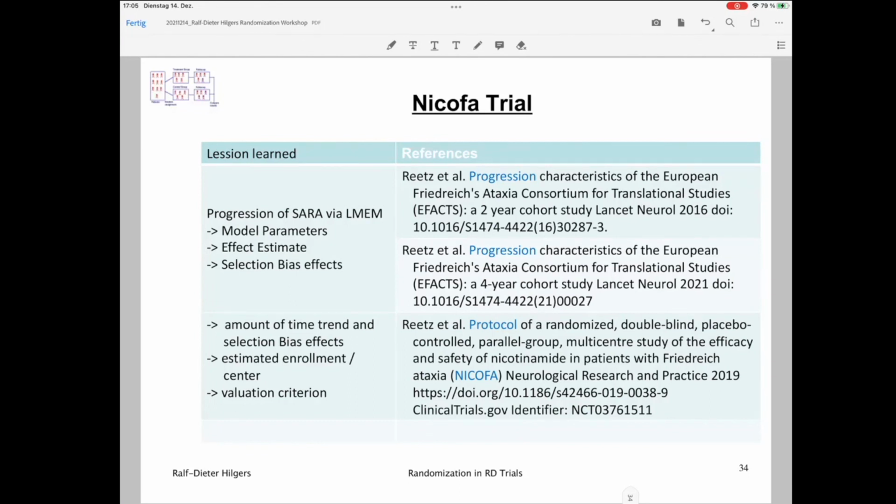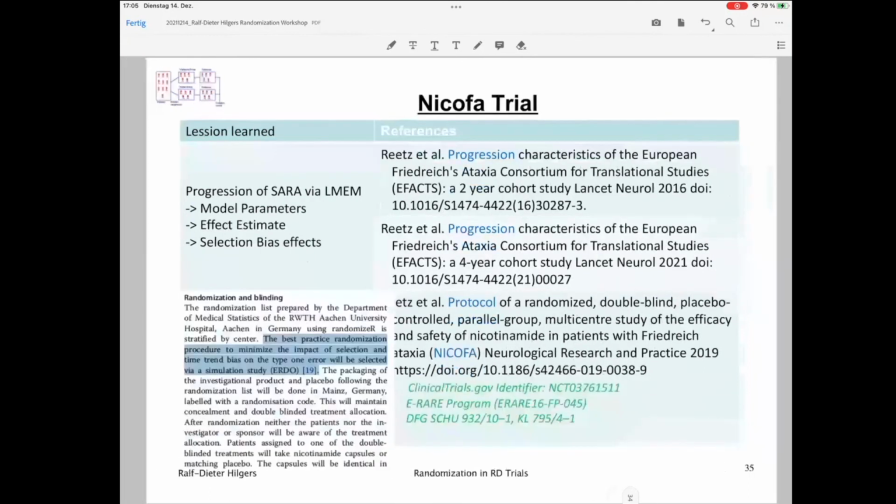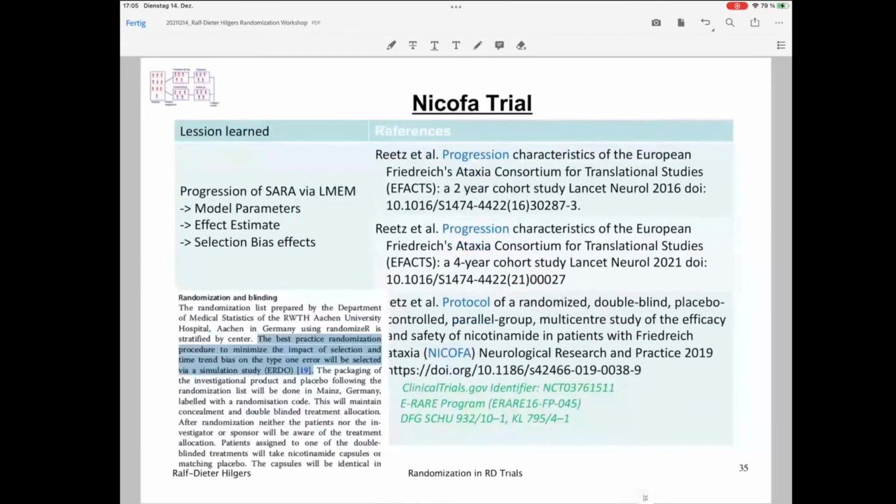And from this, we saw, okay, they would like to do a randomized clinical trial, the NICOFA trial, where they would try to validate nicotinamide in patients with Friedreich ataxia against placebo. And we planned this trial. Okay, and here the story begins, and we have a paper with the protocol, and you can read there that